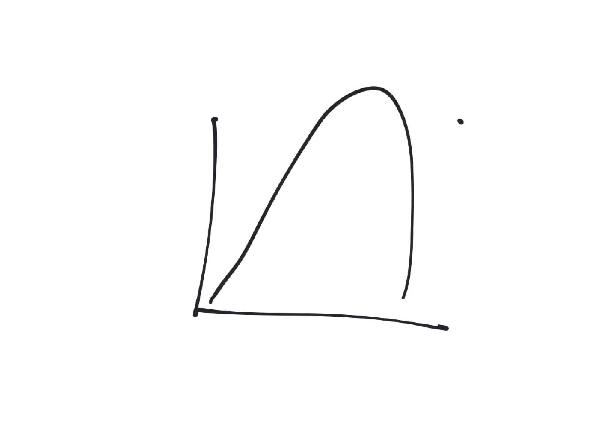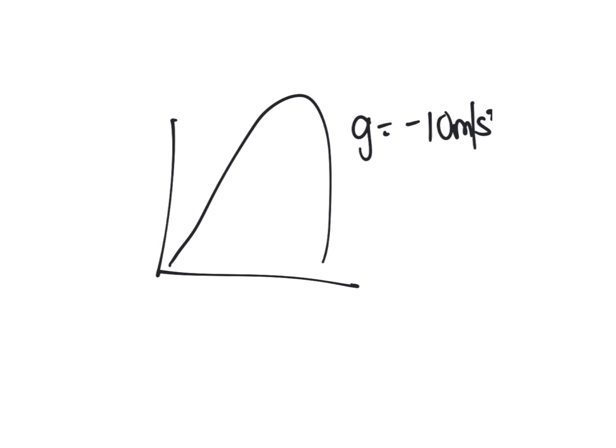Question 11 says that a stone is launched vertically upwards in the presence of the gravitational field of the Earth, which is gravity equals negative 10 meters per second squared, and the initial speed is 20 meters per second. They want to know after 3 seconds what will be the speed of the stone and in what direction it is moving. So in 3 seconds,